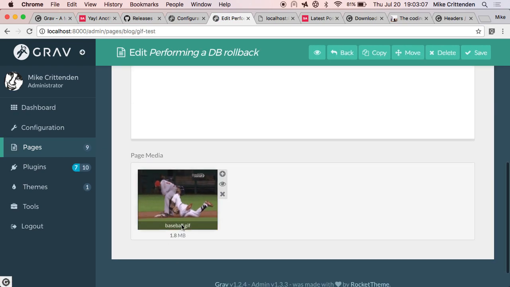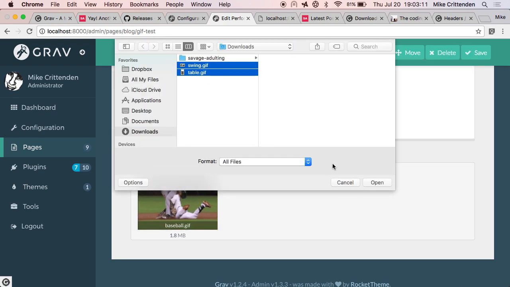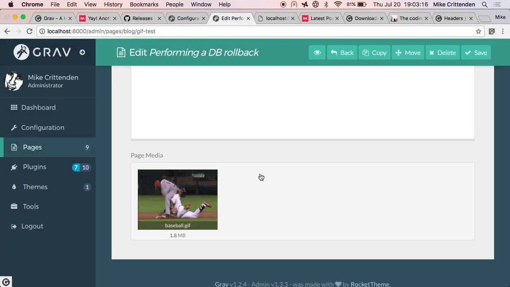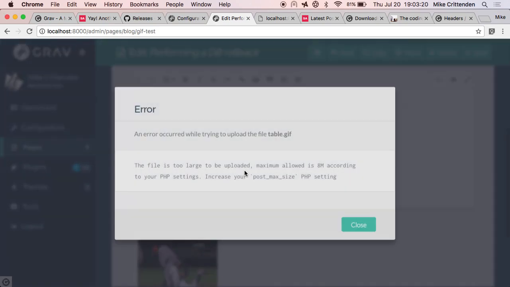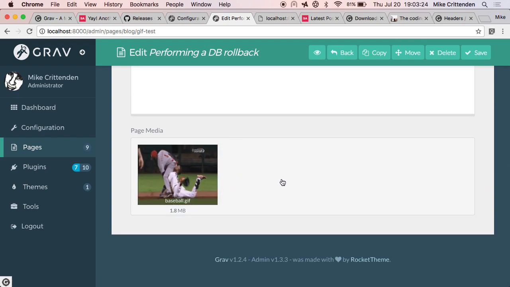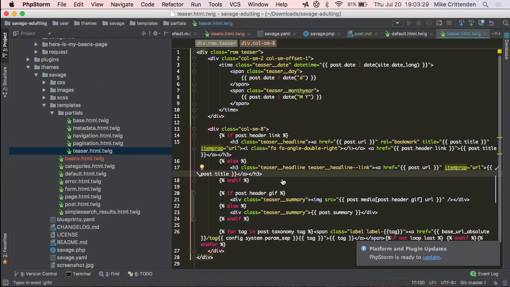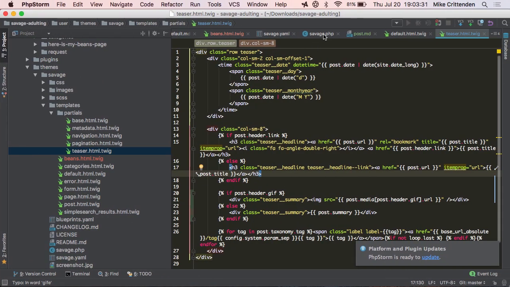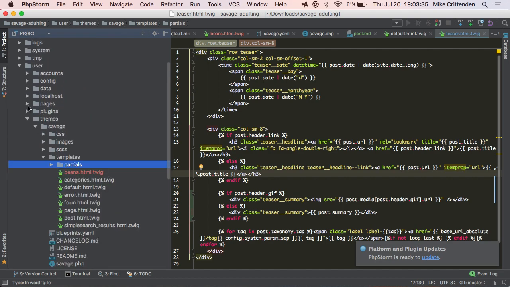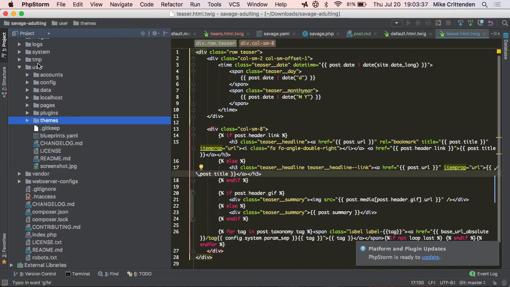then you can see it exists in page media, but if, for example, I added some other ones, they would also exist. Oh, great, one's too big. Are they both too big? Yeah, they're both too big. Well, whatever. If I added more than one, then you would see that they also exist here. So you need a way to kind of choose which one you're talking about. So to do that, we need to add a new field. And in Grav, a field is called a blueprint for some reason.